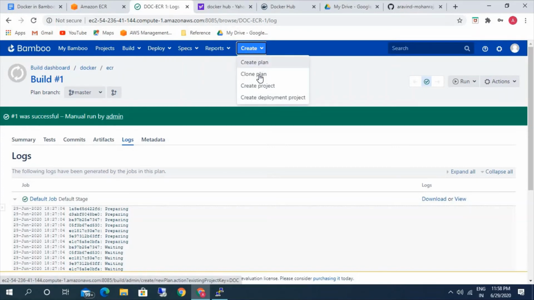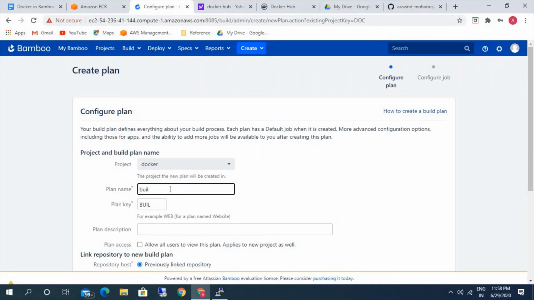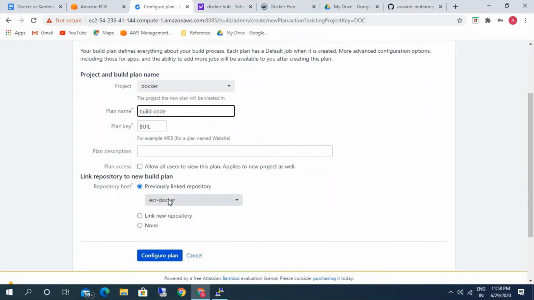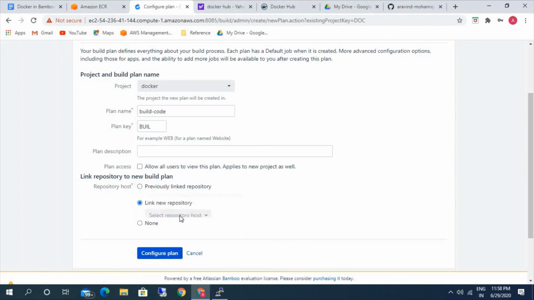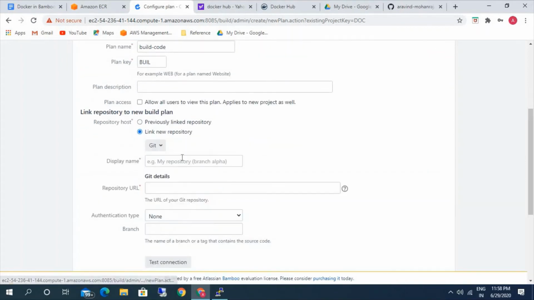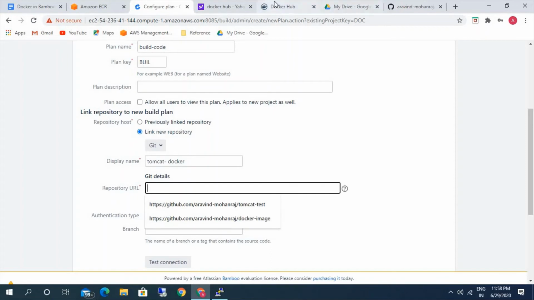So let's create a new plan. In this plan we will be building the code. This time we will be using the Tomcat repo. You can give any name; I'm just giving this name for our reference.